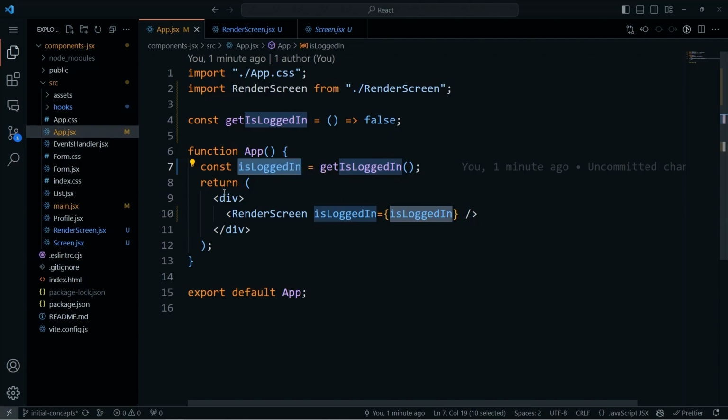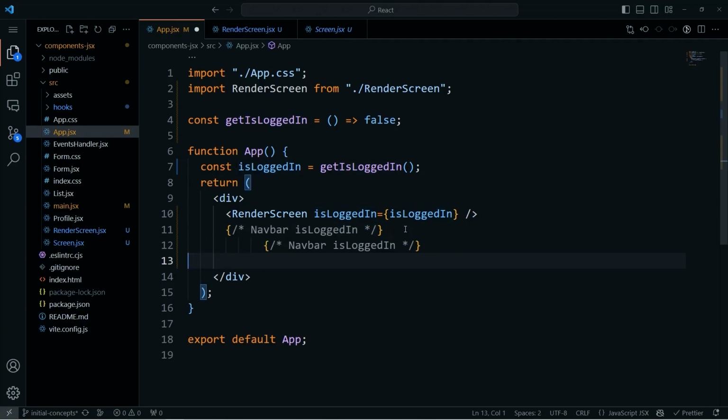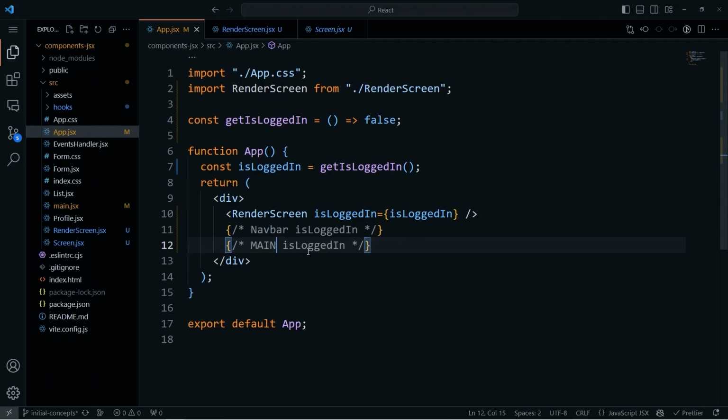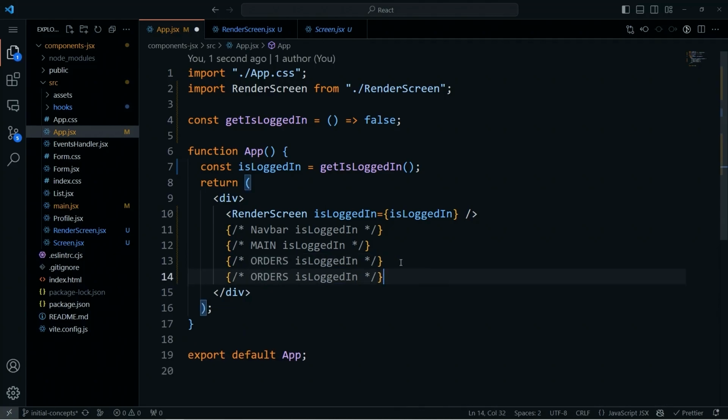Suppose you have the navigation bar over there, and suppose you have the main content, and again you will be having the is logged in property. And suppose you have another content, the orders property, and you send the is logged in property there too. You have the cart as well, the application cart, and again you have the is logged in, and you can have the help